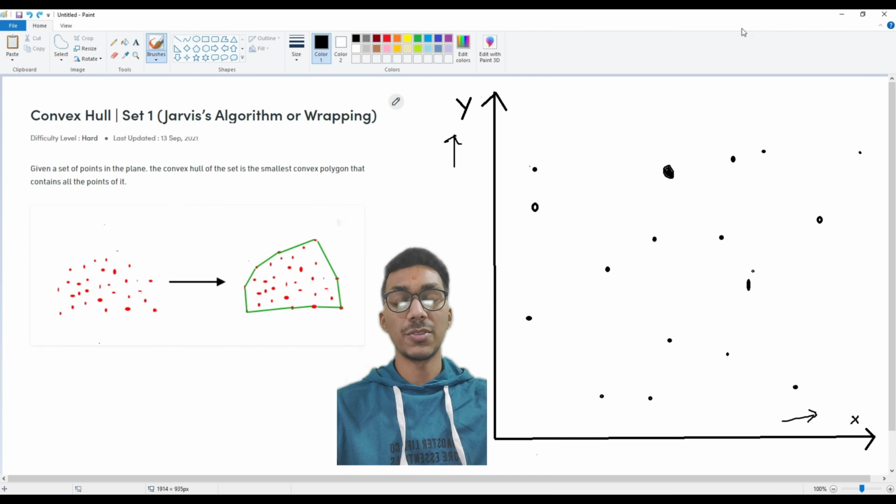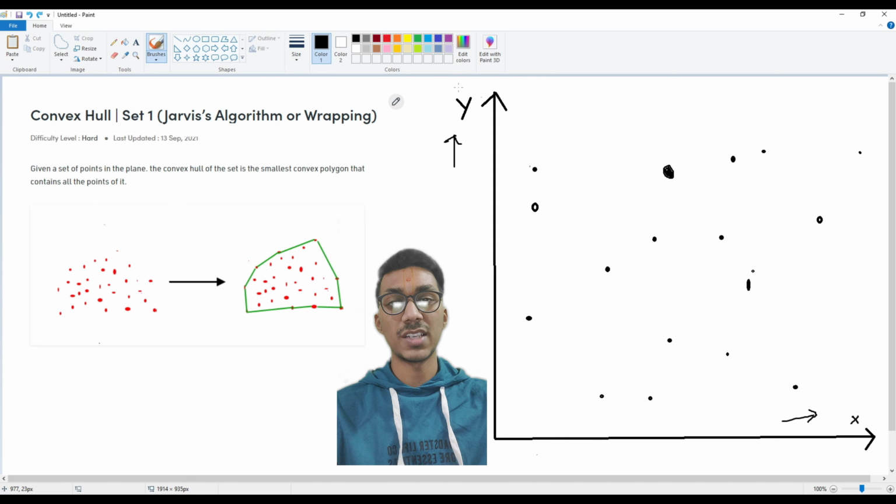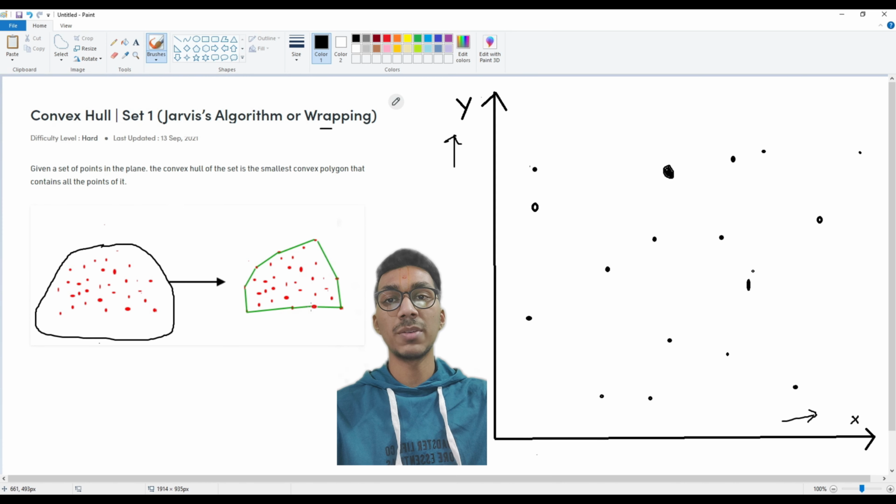Let us take a look at the algorithm used in the program, which is the Jarvis algorithm, also known as gift wrapping. The main purpose of this algorithm is to confine the set of points inside a polygon. The points used in the polygon are the points which will be useful in finding the maximum distance between two points. This is my assumption that we can find the maximum distance by using the points which will be used in forming the polygon.